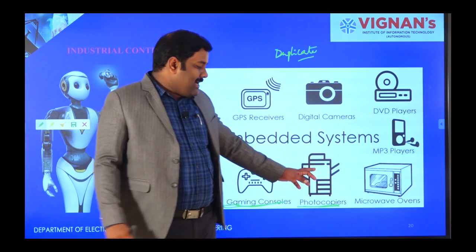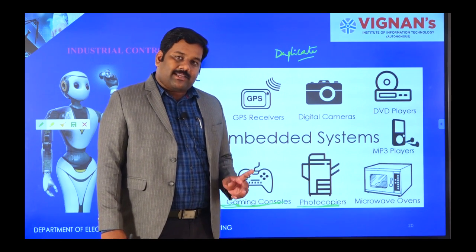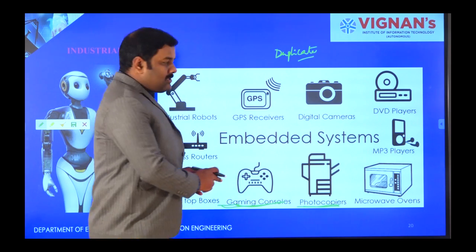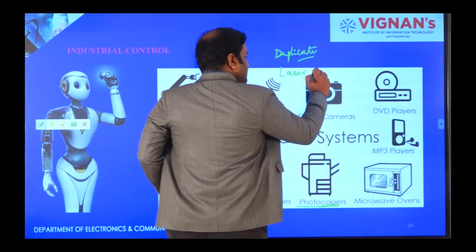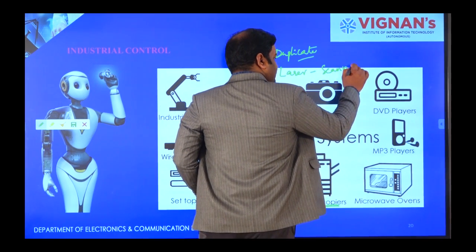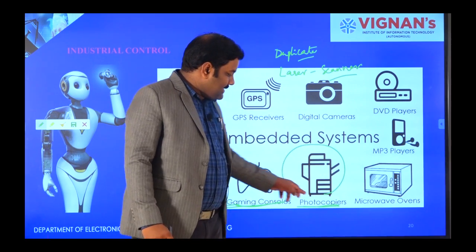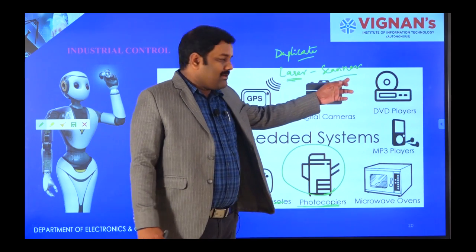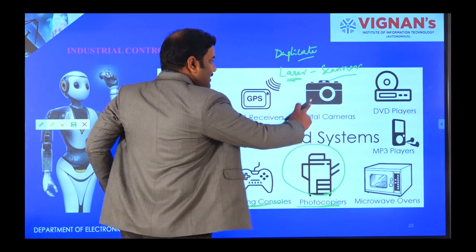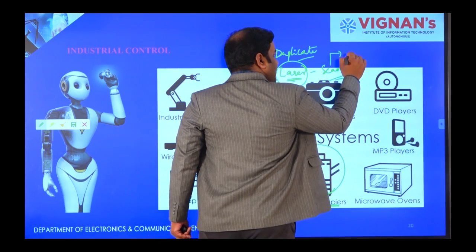You are just scanning only once, but still you are getting 100 copies at a time. How are you getting that? Because you are using a laser as a scanner. Here you are using one scanner, and in that scanner you are using a laser. Once the laser scans the entire information, that will be stored in